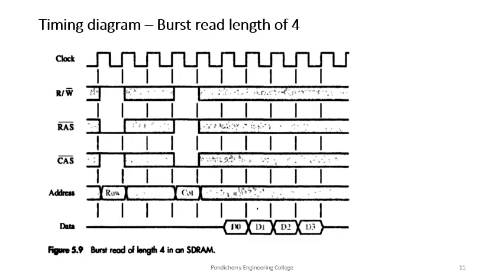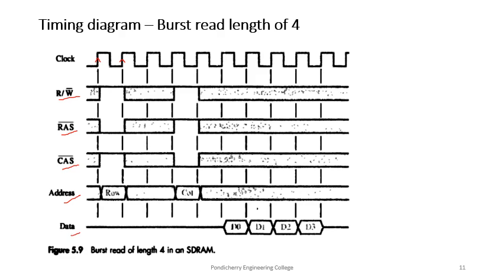This diagram shows the timing diagram for an example burst read operation. Here the burst size we have taken for example is 4. Okay, so 4 words or 4 bytes. First, the row address is latched under control of the row address strobe signal. So you can see this clock. Here the rising edge triggers the actions. And we have the read write control signal here, the row address strobe, column address strobe, and this is the address bus and data bus.